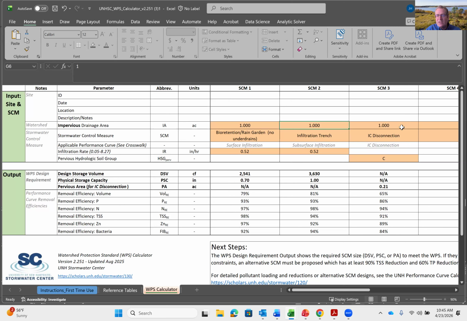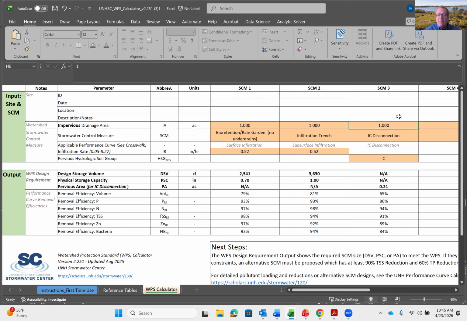And the last thing I really want to cover is the impervious cover disconnection, because this is a little bit different. It's not based on a design storage volume. It's based on a ratio of pervious area to impervious.